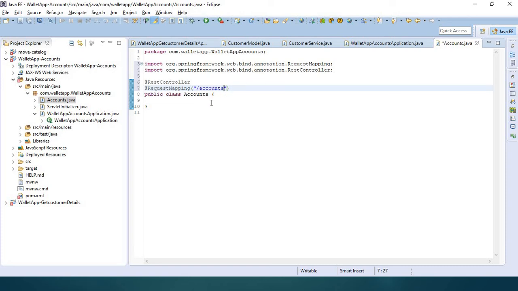Accounts I have given. Public list accounts, get accounts.